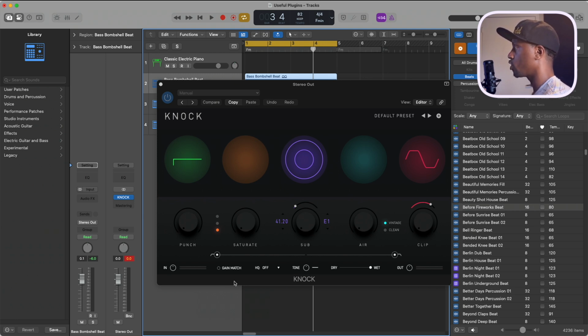It allows you to do that with ease, and you don't have to know the super duper intricacies of this plugin. You can just adjust it by ear. And that's what we're going to do today. We are going to just adjust things by ear. And there's some simple parameters